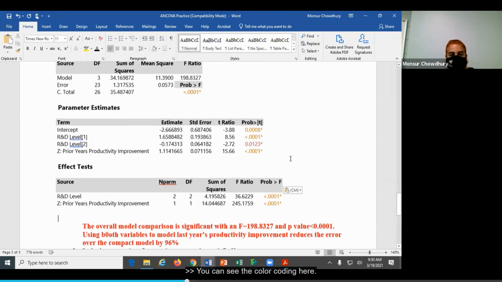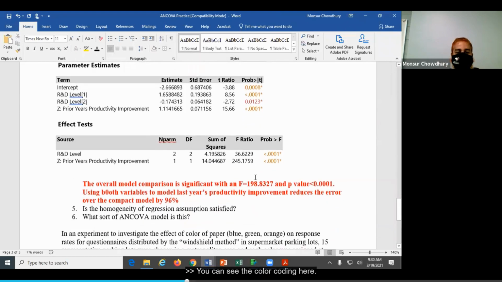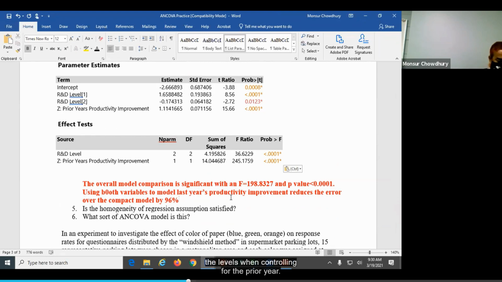Okay, so you can see the color coding here. So we can see this reduced the error by 96%, and also there is a significant difference in the last year productivity improvement due to the levels when controlling for the prior year. So we can see also there is a significant difference in the last year productivity improvement when we control the effects of the prior year productivity improvement.